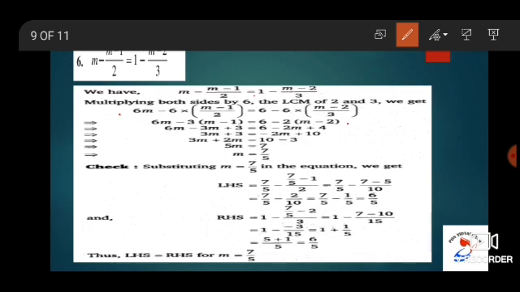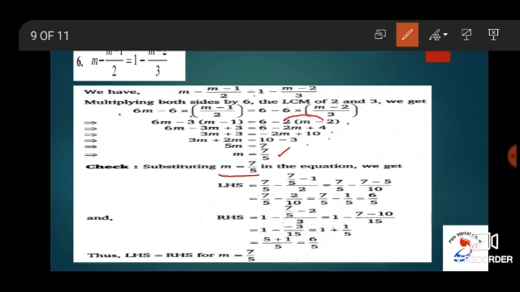Again, on multiplying by minus 3, it will be 6m minus 3m plus 3 is equal to 6 minus 2m plus 4. Because minus 2 multiplied by minus 2 is plus 4. Yes or no? Now on solving this, 3m plus 3 is equal to minus 2m plus 10. So 3m plus 2m, that is bringing variables on one side and constants on the other side. That is 3m plus 2m is equal to 10 minus 3. That is 5m is equal to 7. Now the value for m is 7 by 5. We have got the solution for m as 7 by 5.